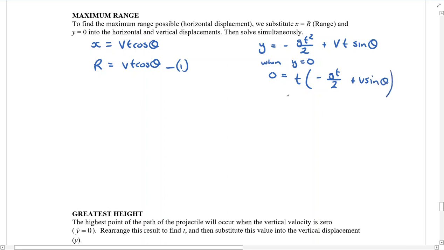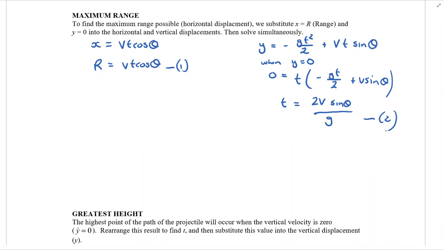Okay, and from that, you remember that I'm not doing the working out again, we did this on the last question. We got t was equal to 2v sine theta over g. So if I know that I have an equation over here, equation 2, which is my equation for time, I can sub it into my equation number 1 to find an expression for my range. So sub